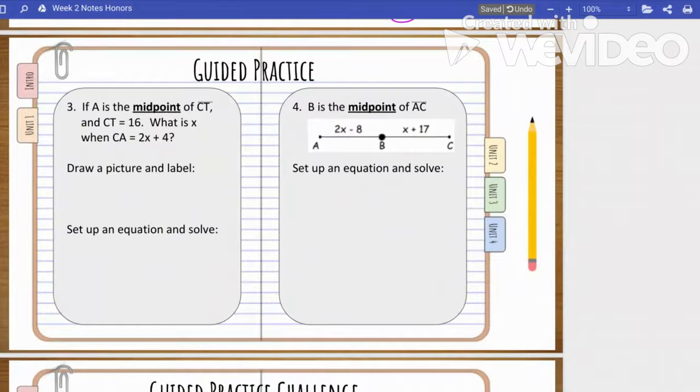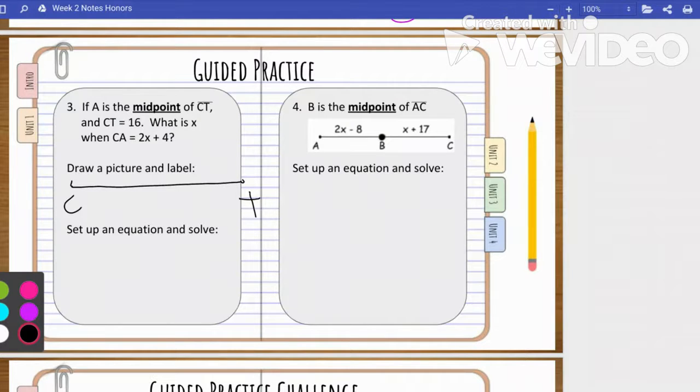Okay, let's try something a little bit more complicated. If A is the midpoint of CT, CT equals 16. What is x if CA equals 2x plus 4? So draw a picture. I have line segment CT. A is the midpoint. Put my hash marks on there. I know CT is the whole thing. The whole thing is 16. I know CA